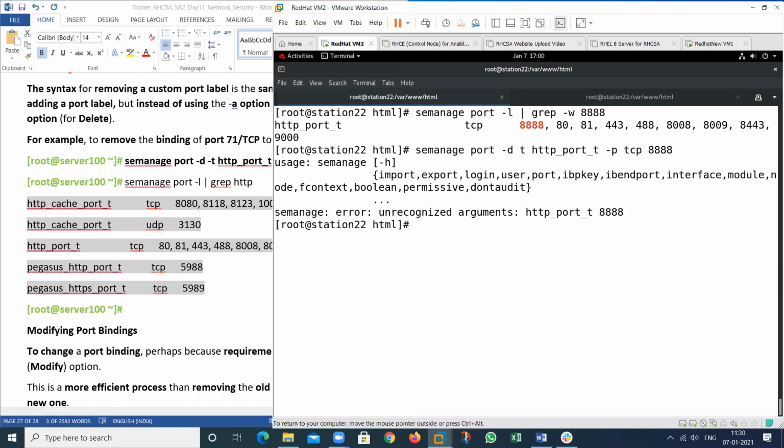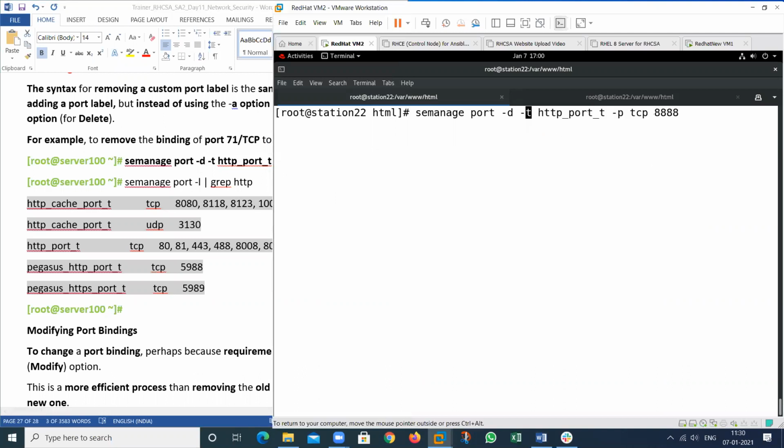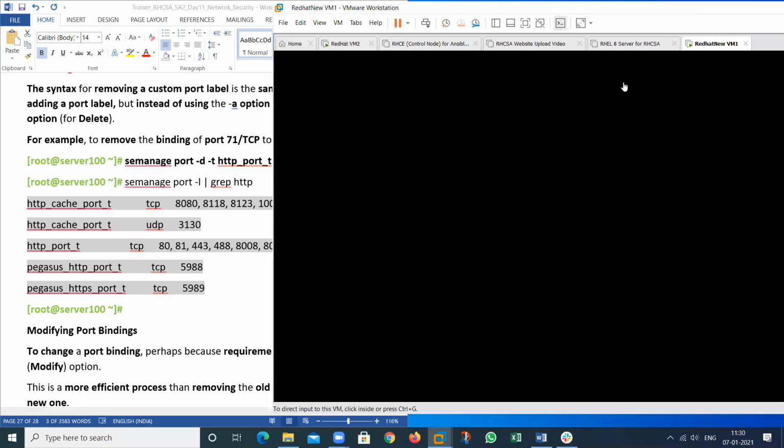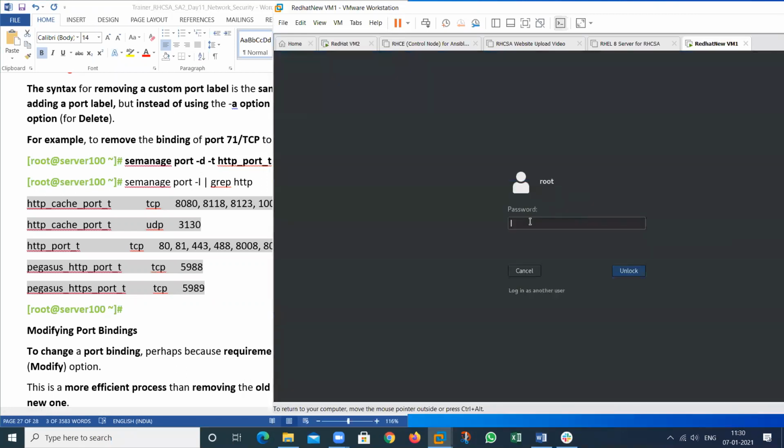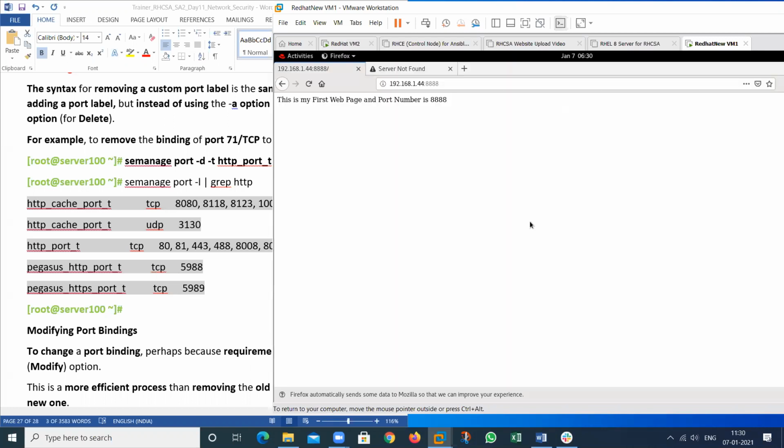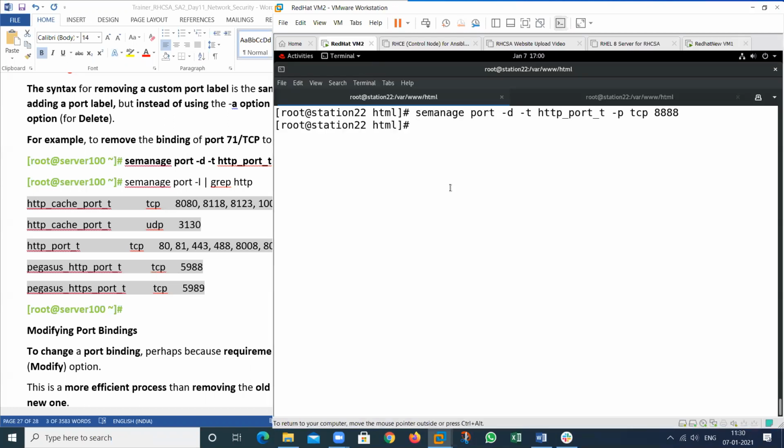See what happened. T for type, yes. So this port will be removed, and at this time I am not able to open this particular port. Then restart the service again. Then what will happen?